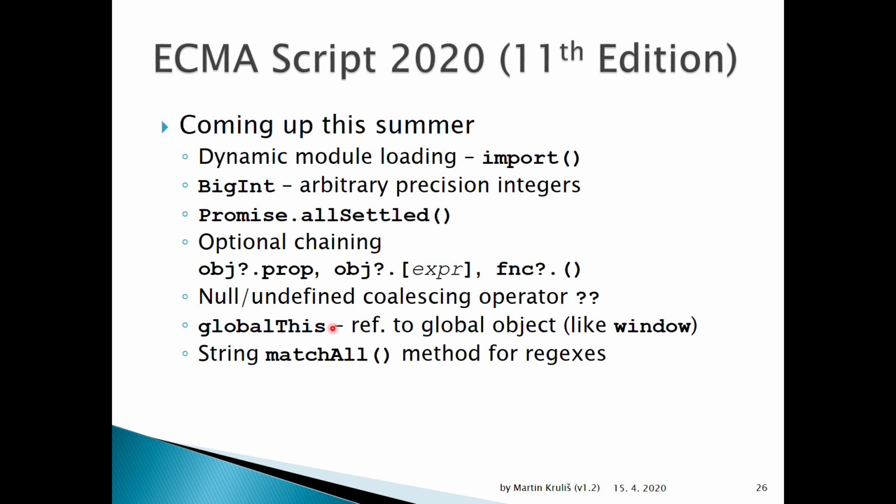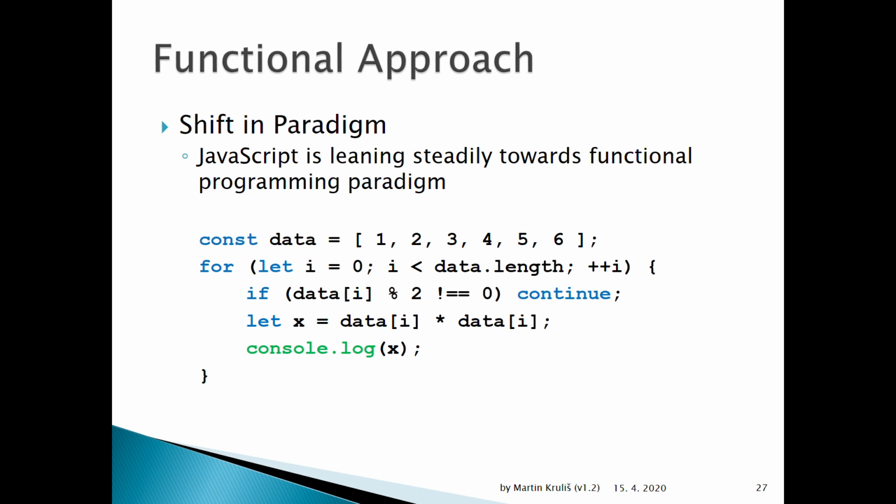And finally, they specify a thing that is called globalThis, and this is a new way how to refer to the universal global object, to the context object. So if you're in the browser, globalThis will point to window. There are other environments like Node.js which do not have the window. So from now on, all these environments, both browsers and different other environments, will have unified ways how to reach the global object which holds the global context of the script. So this concludes my overview of ECMAScript features,